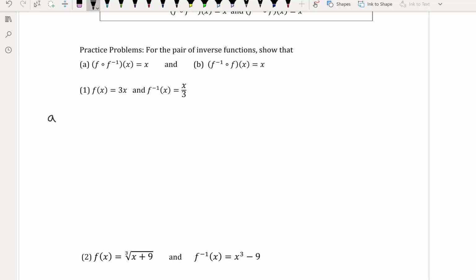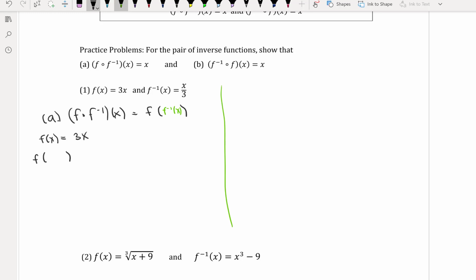So for part A, I have f composed with f inverse of x. So that's f on the outside. What I'm going to be plugging in is f inverse of x. I'm going to go ahead and make myself some room here. So that means I'm going to have my f function outside. So my f function is 3x. So then my f composed with my f inverse,